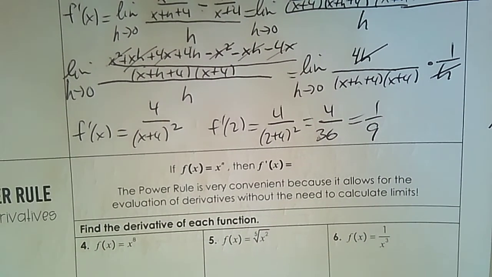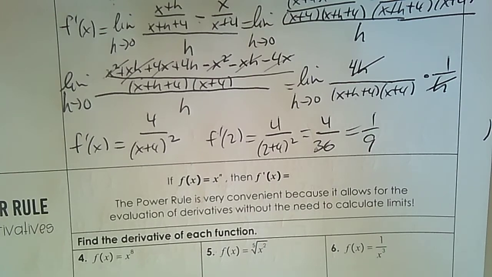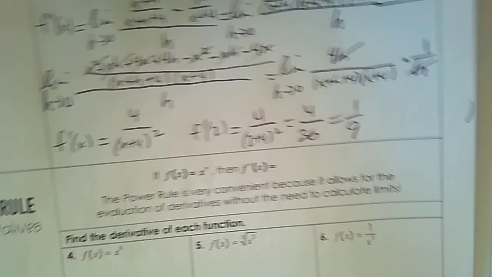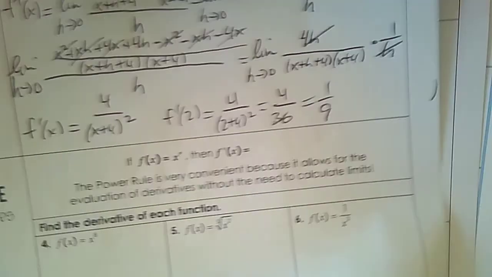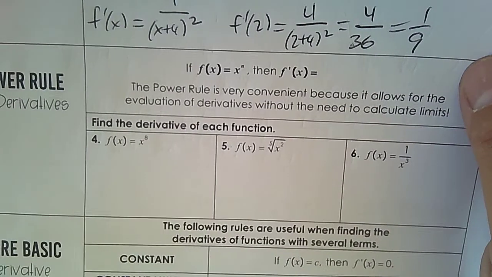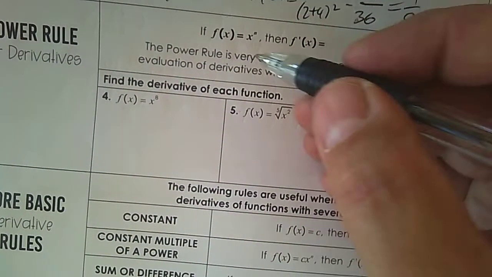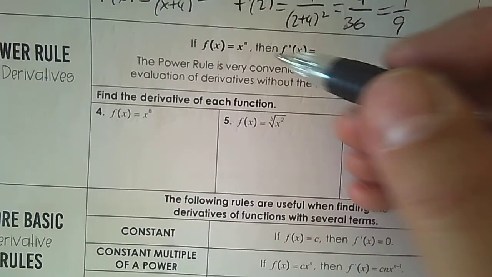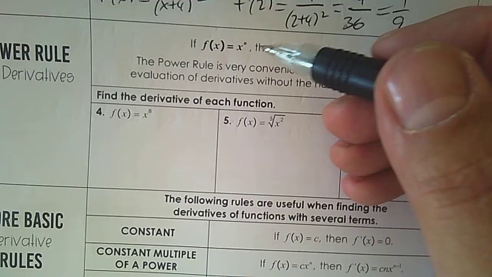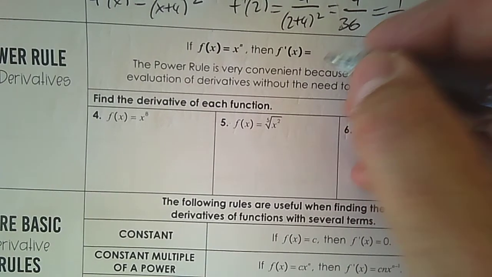If f at x equals x to the n, that means that n is some constant, then the derivative simply is n times x to the n minus 1. So we're going to practice that formula right now. So if I want to find the derivative of this using a shortcut, the power rule says that exponent, which is